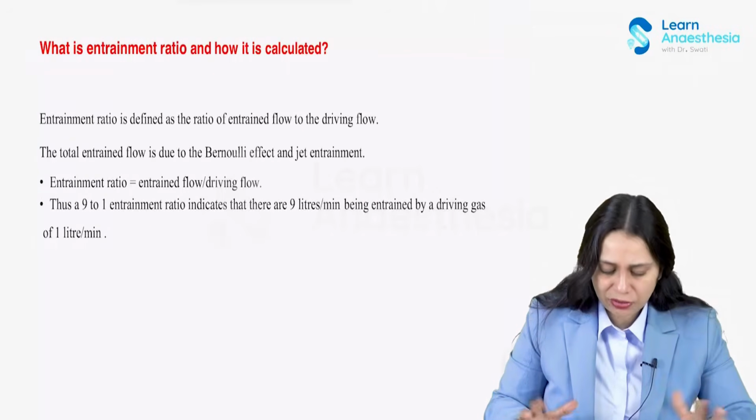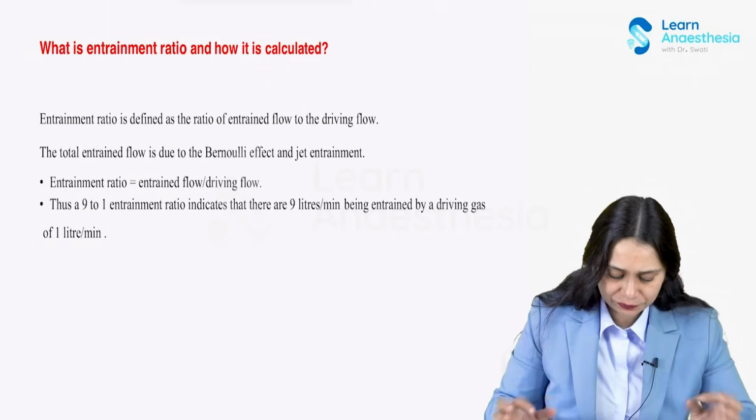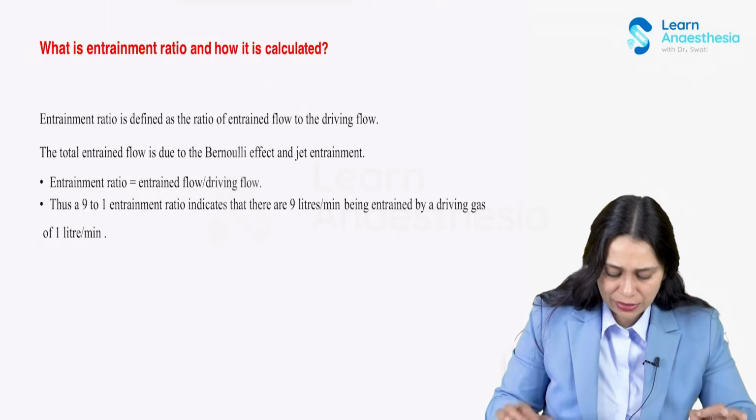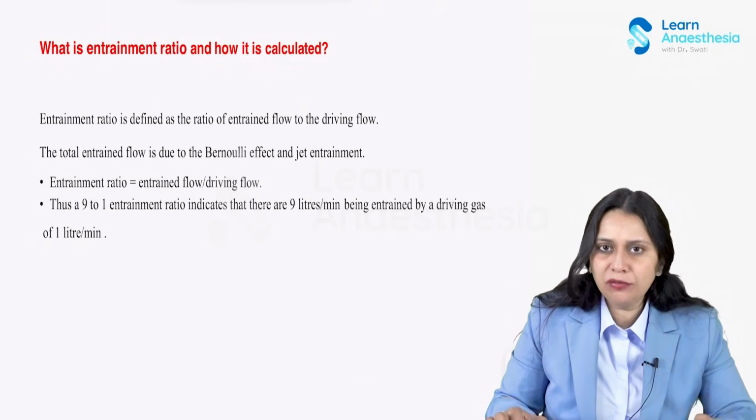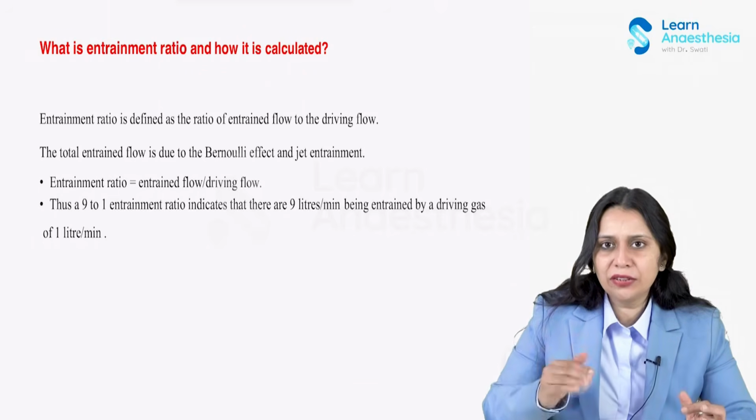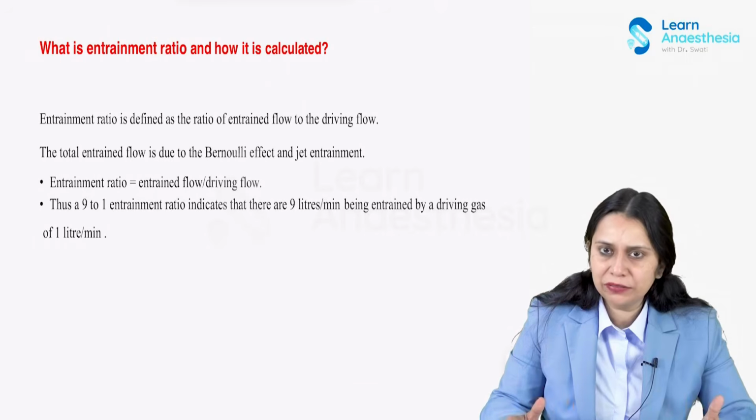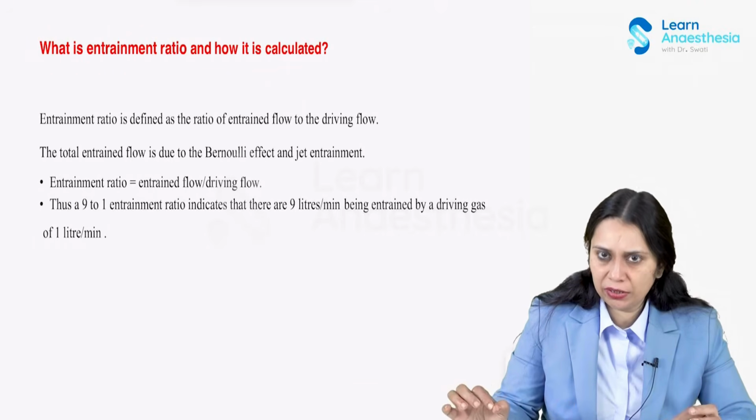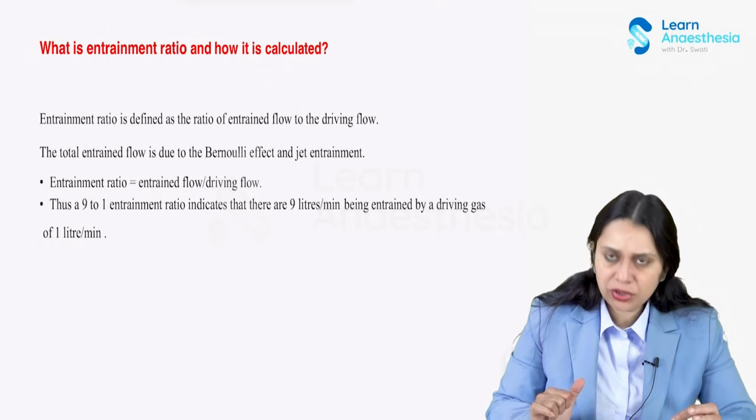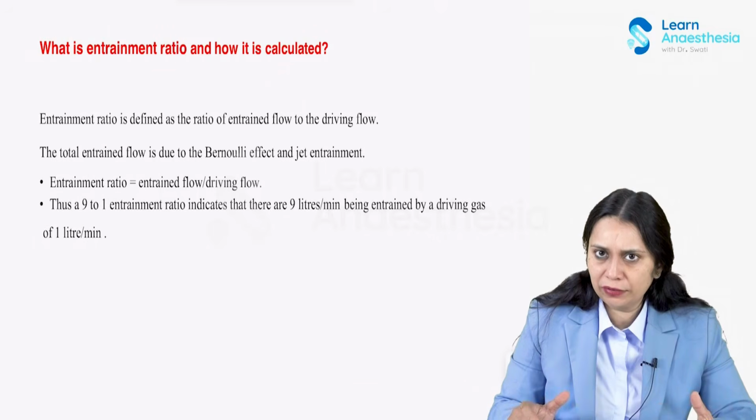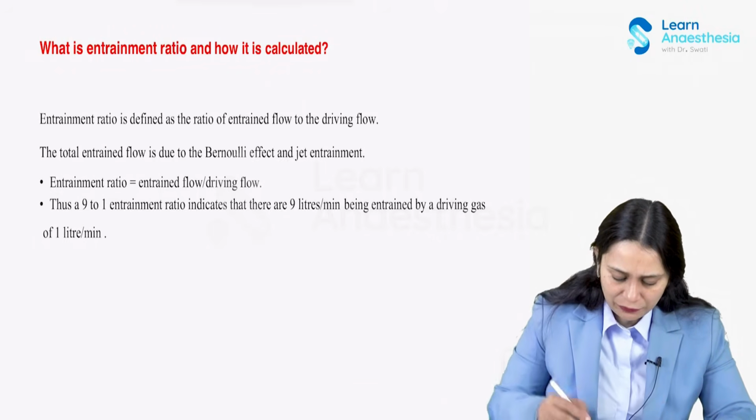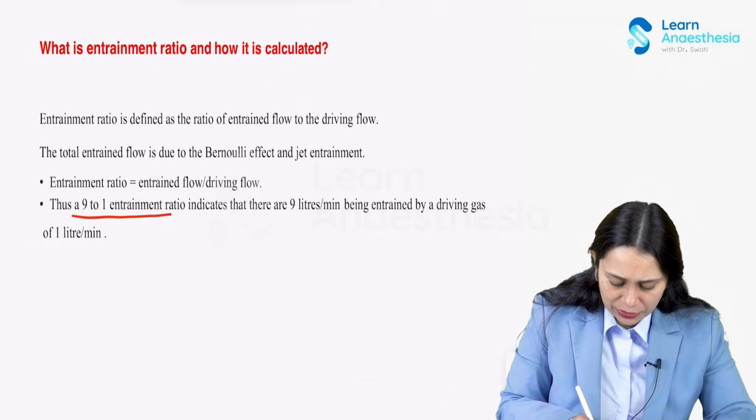So what is the entrainment ratio and how is it calculated? Entrainment ratio is defined as the ratio of entrained flow, how much the gas is entrained, to the driving flow. And total entrained flow is due to Bernoulli's effect and the jet entrainment. So entrainment ratio is entrained flow by driving flow, as I said, right? So if it is 9:1, the entrainment ratio,